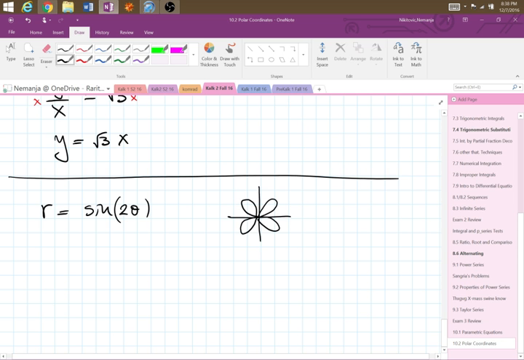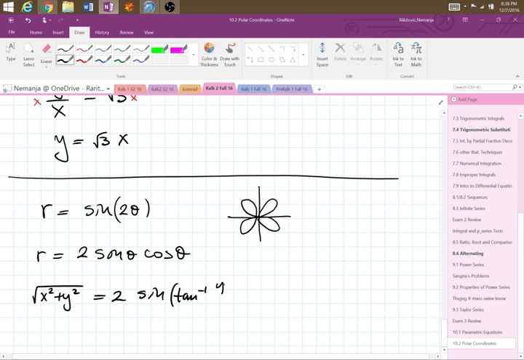So the first step would be to write this as 2 sine theta cosine theta, because you want to have single theta functions, and then plug in conversions for r's and thetas. So r is the square root of x squared plus y squared. On the other end, you have 2 times sine of inverse tangent of y over x times the cosine of inverse tangent